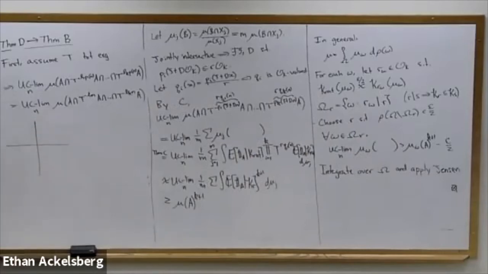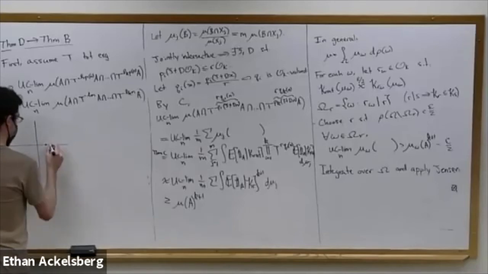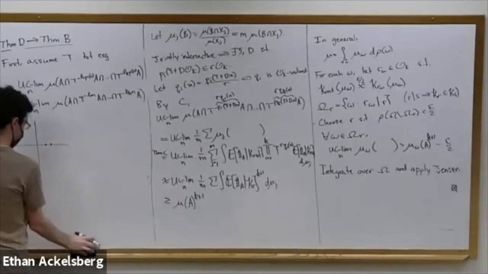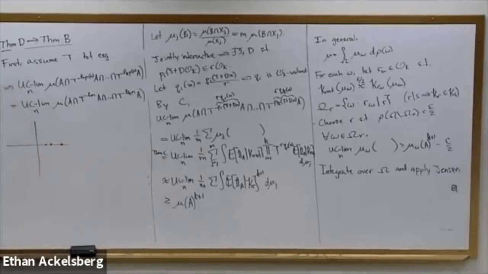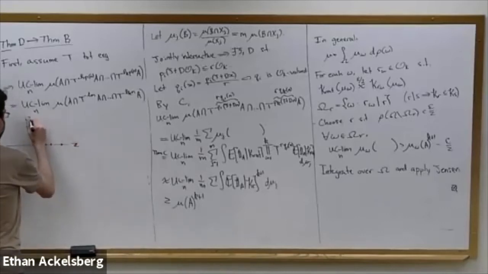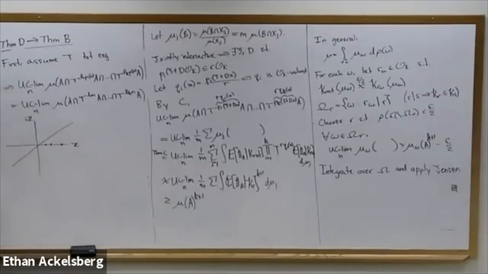I'm not going to write down too many details here. So let's just look at like the Gaussian integers. So we know that we get good behavior if, say, we had points here, here, and then there's some which is maybe like here, whatever. So right, here's the integers and here's i times the integers. So if S over R is rational, that's saying that all of our points lie on some line, maybe here, and we can just